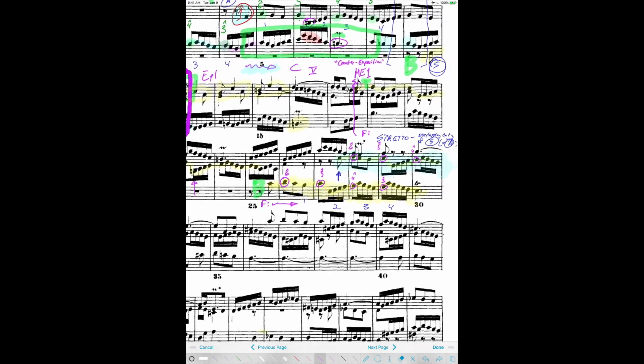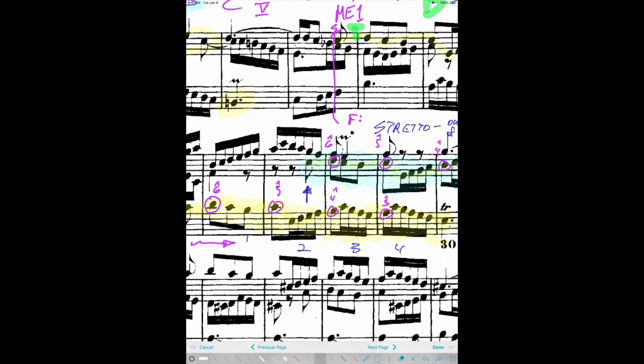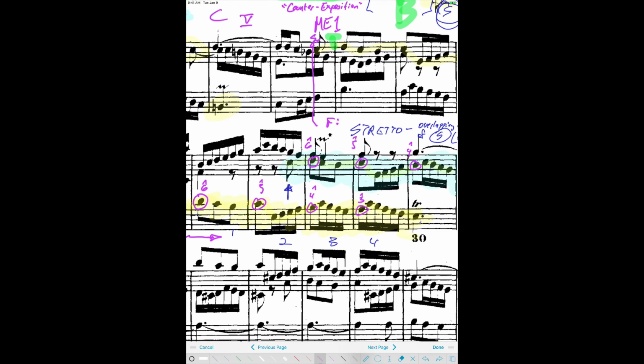Now let's take a listen to what's happening on those strong beats. I'm going to really zoom in here so that we see. I'm just going to focus on these two voices. Scale degree 6, 5, 6,